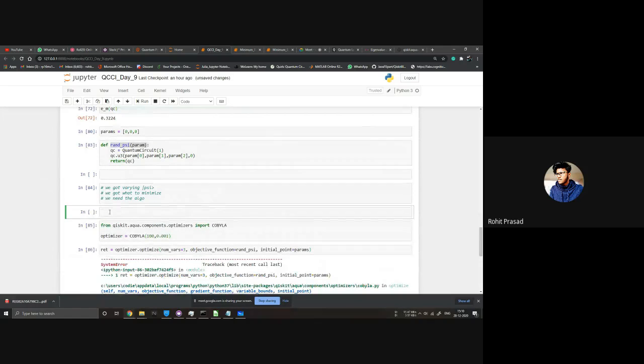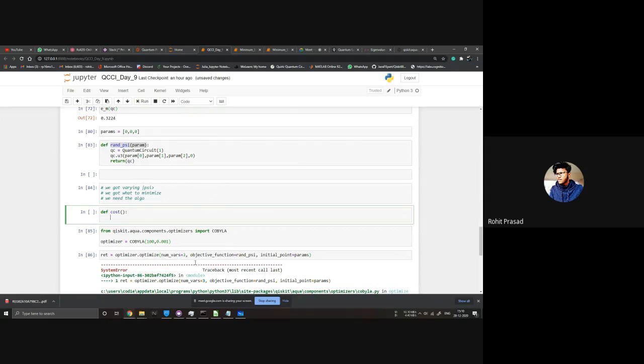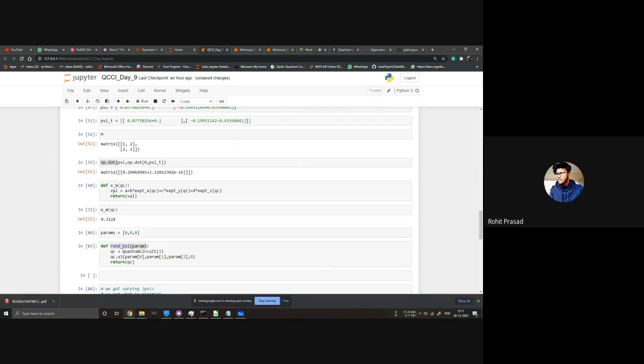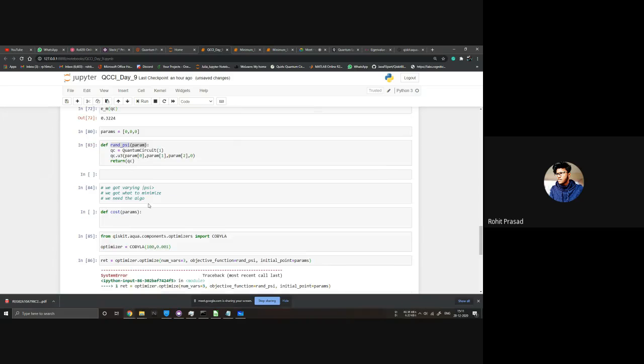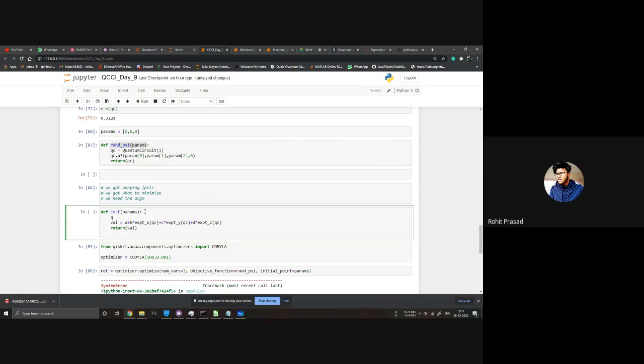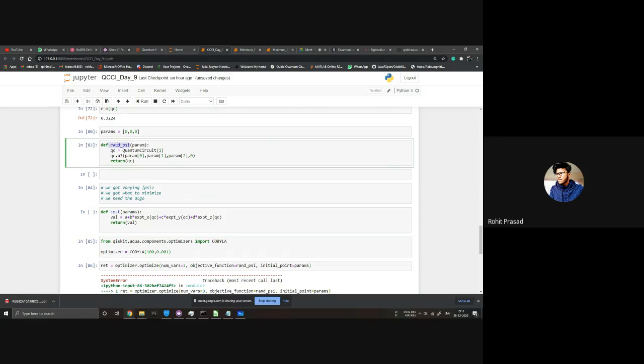Let's make a cost function. It should get the parameters in, then it should calculate these things, where the circuit is nothing but this one.